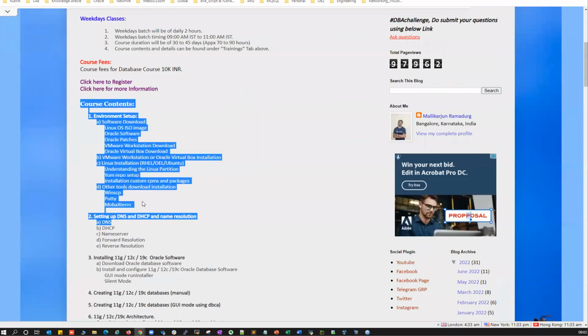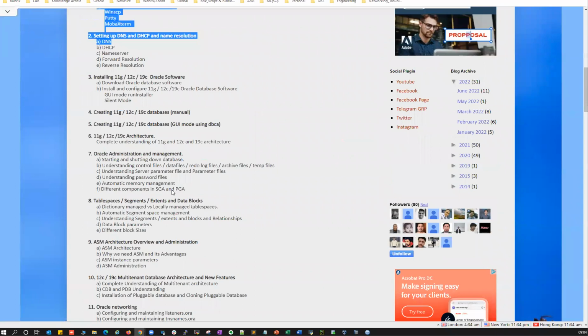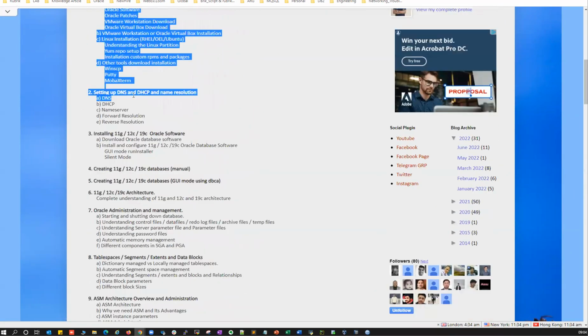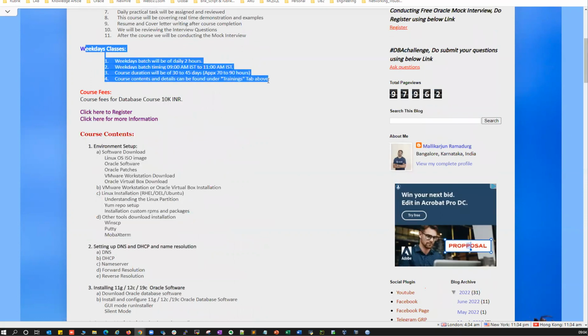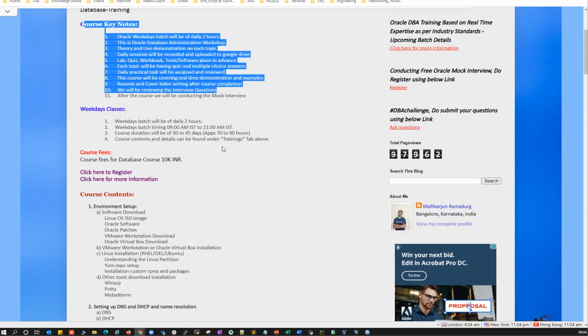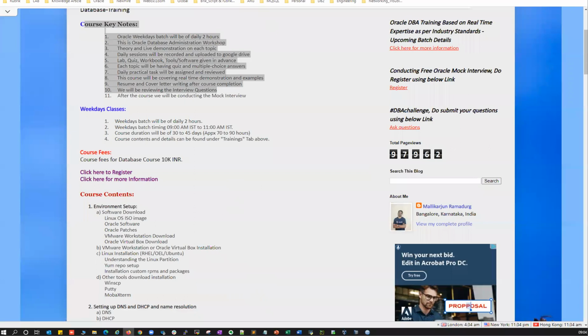And then we started understanding the entire course curriculum and what is included, and what other sections or topics will be covered as extra classes, but this is pretty much what we planned for this course. And also we understood the course structure, course timings, course fees, and some of the important keynotes about this course. And also we talked about